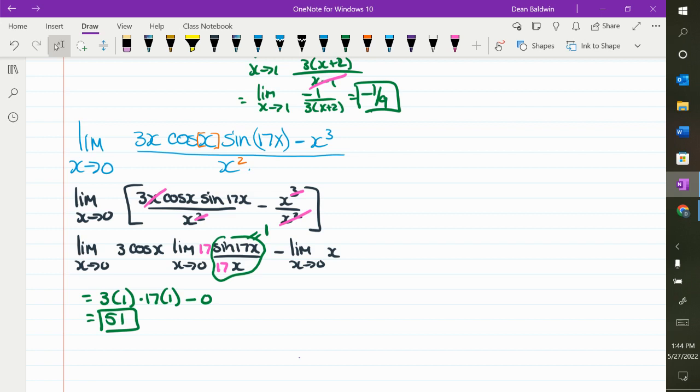Why is it minus limit? Because it's minus x cubed over x squared, which becomes x. How come it goes minus limit in the next one? Oh, okay, never mind. I see. So you made it two separate limits. Yeah, I just made it into separate limits. Okay. Are we okay? Yes.